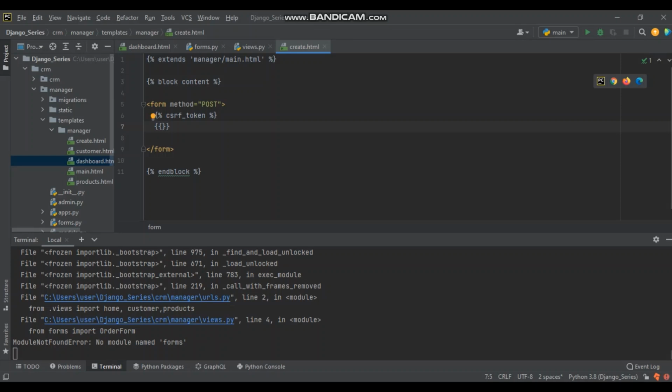But then we will have to write additional code in order to make it work, right? To make it create and save the data into the database, right? For now, the remaining thing that we need to do is, let me check,